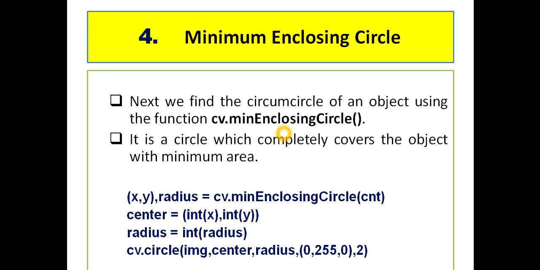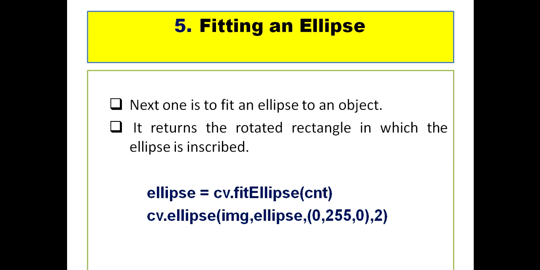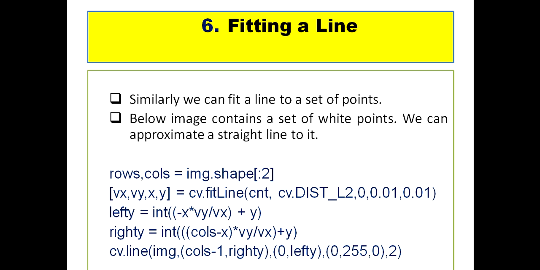So after going through each of them, that is the minimum enclosing circle, this is the piece of code, then fitting an ellipse, this is the code for that, and then fitting a line, we will have an output image like this. From the previous lecture we have drawn the rotated rectangle and the straight rectangle, and today we have drawn the circle and ellipse. This one is the ellipse, and then this is the straight line. So all the different shapes that we are trying to draw are reflected through this output.